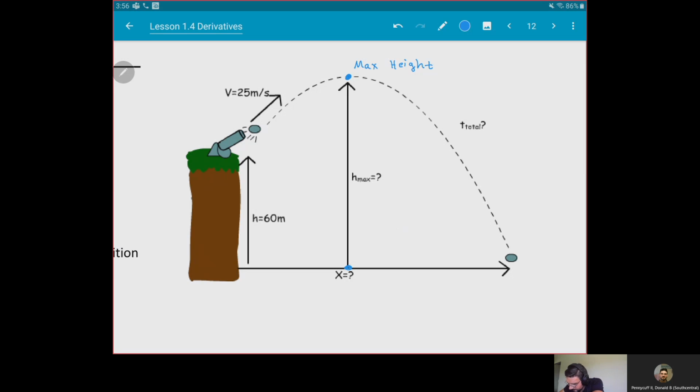You have to find this spot right here first, time to max height. So you have to find that first. Then that allows you to find this,